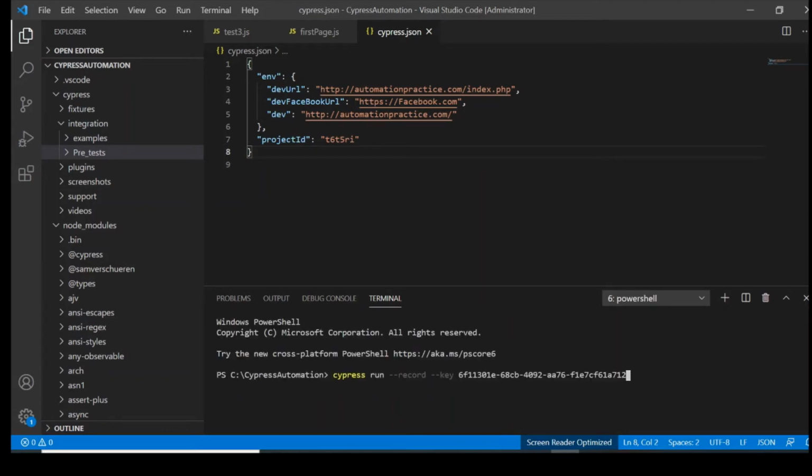It has been given with Cypress run, but we don't have Cypress run. Our Cypress is stored where? Under node modules and bin. So that is why we're gonna write .bin